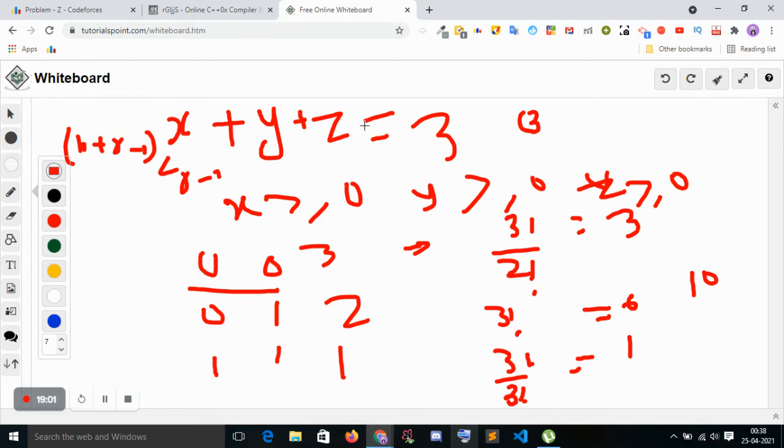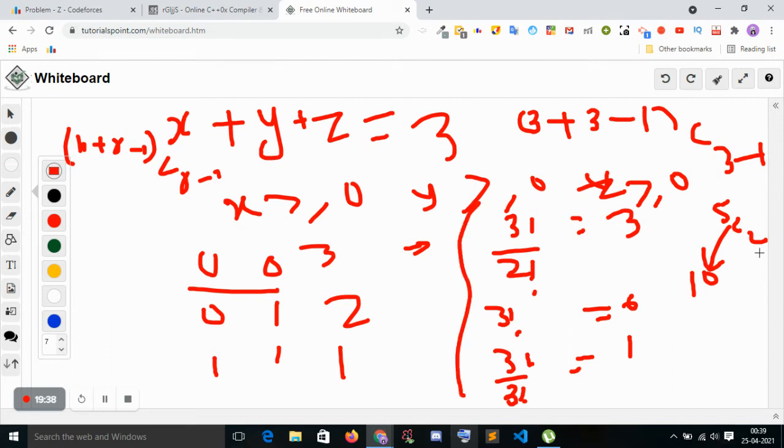You can imagine this problem with bins: 3 boxes, and you have to put the balls into them. So 3 is our n, and r is 3 since there are 3 terms. That gives 3 plus 3 minus 1 C 3 minus 1: 3 plus 3 is 6, 6 minus 1 is 5, so 5C2, which is 10. So it works, and you can solve it that way.